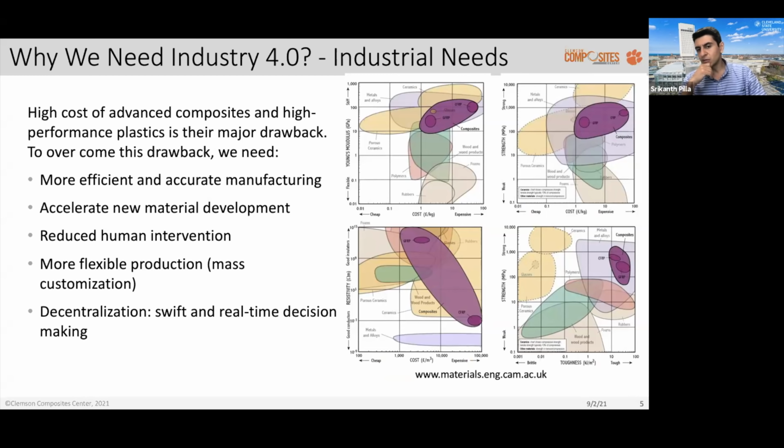Another reason for Composite 4.0 comes from the industry need. As you know, composite material and high performance plastic have superior properties, but their main drawback is their cost, their high cost of material and manufacturing. So in any way, if we can reduce the cost of the material and their associated manufacturing process, it would be very beneficial